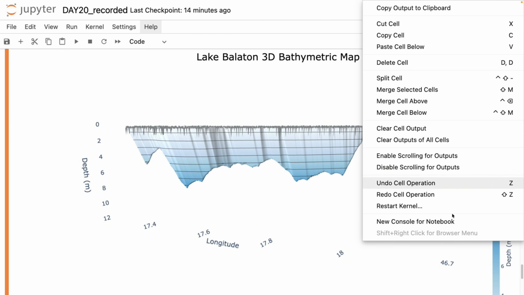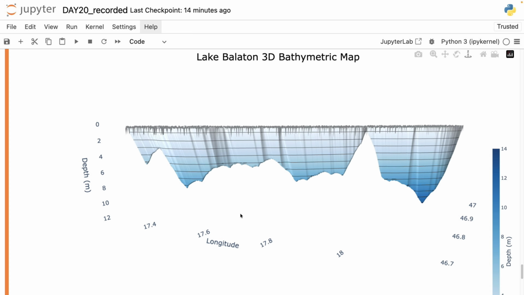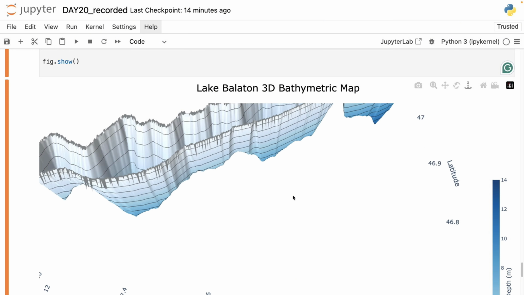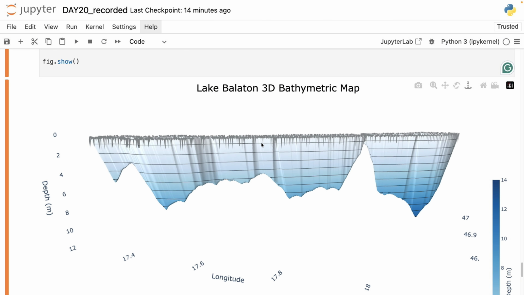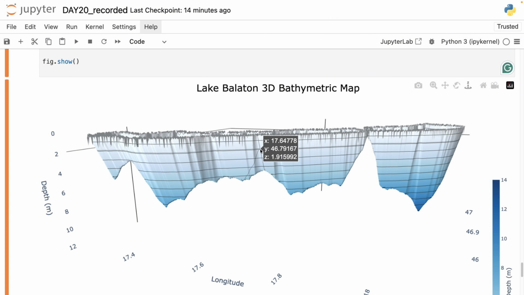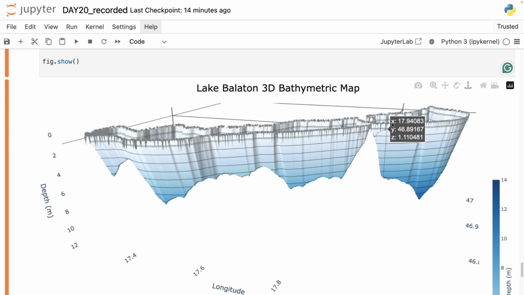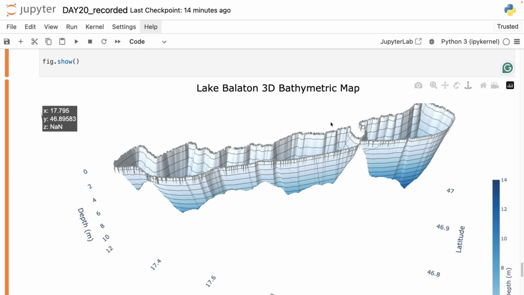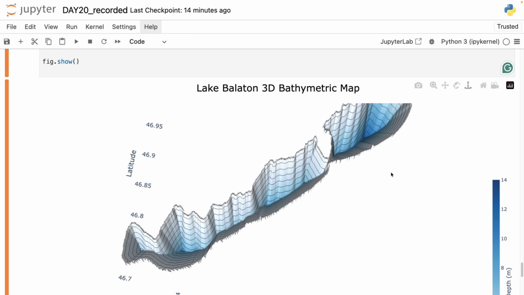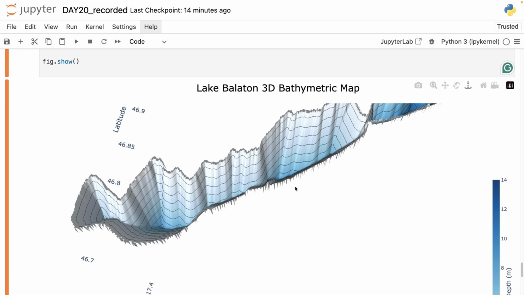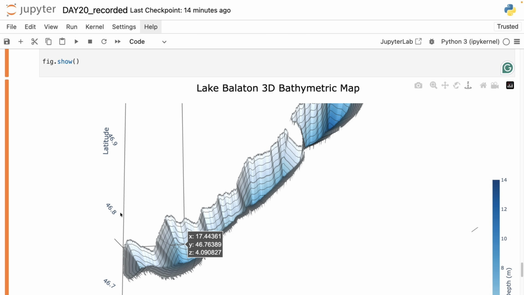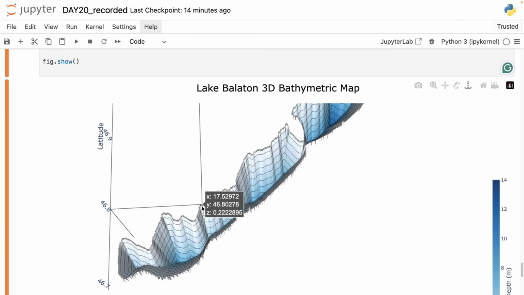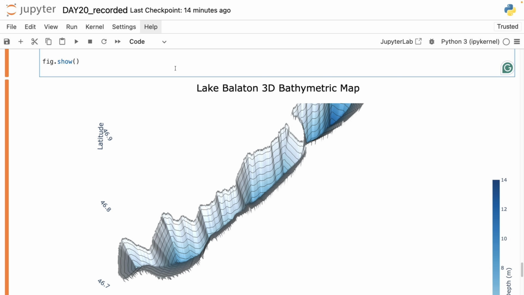Oh yeah, this menu keeps popping up when I right-click on the visuals, but that's why I also export it in HTML, so it's easier to just move around the map in a browser directly. But here you can move around, you can zoom in, you can look into it literally. So that's how a 3D and also a nice 2D map of Lake Balaton looks like when we are coloring it based on the